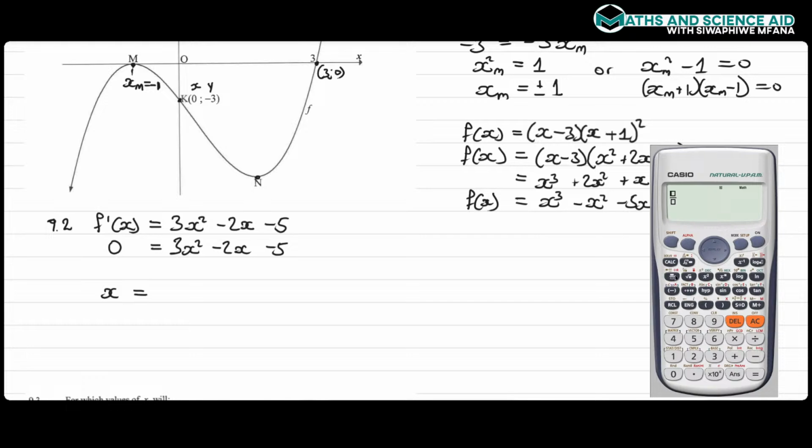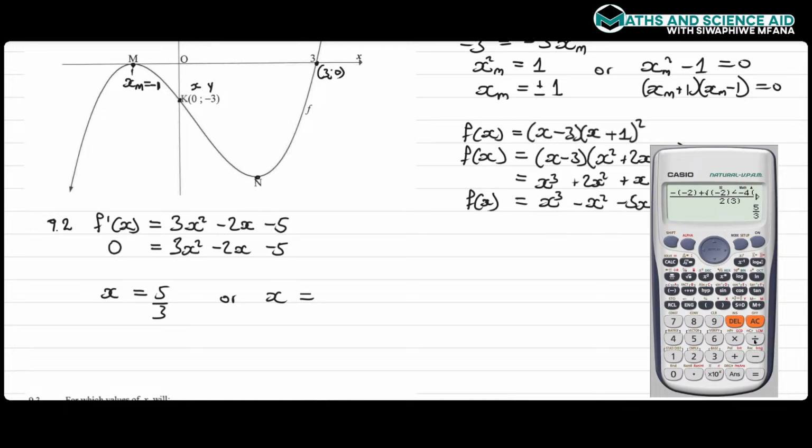But remember that in the exam, it is important for you to write the formula down and show your substitution. So minus negative b, minus b, and our b is negative 2 plus square root of b squared. So that will be negative 2 squared minus 4, a is 3, and c is negative 5, divided by 2 into a. So we have 5 over 3, x equals 5 over 3, or x